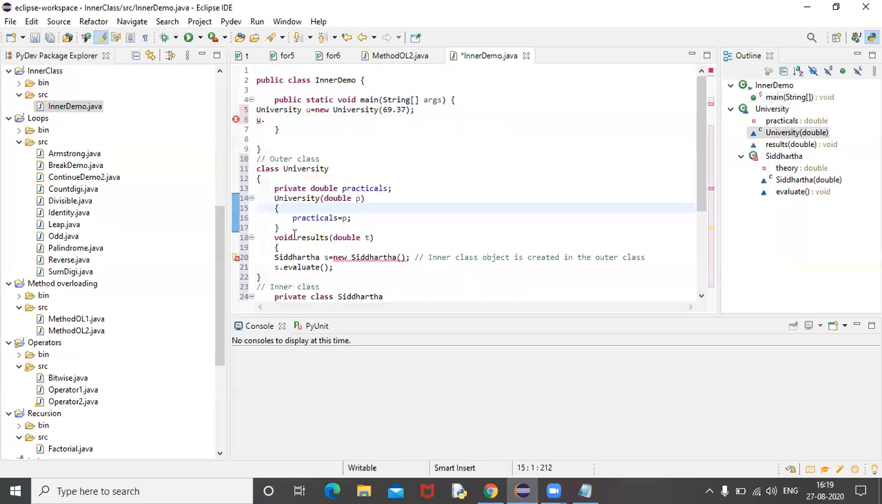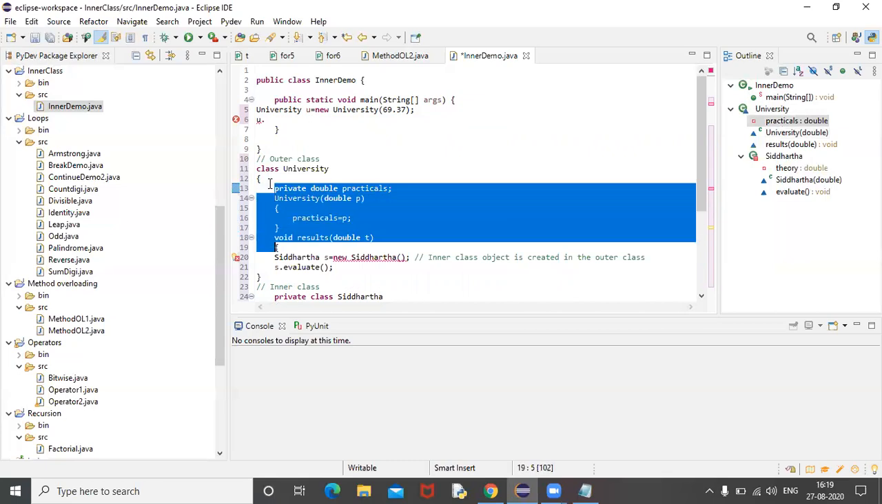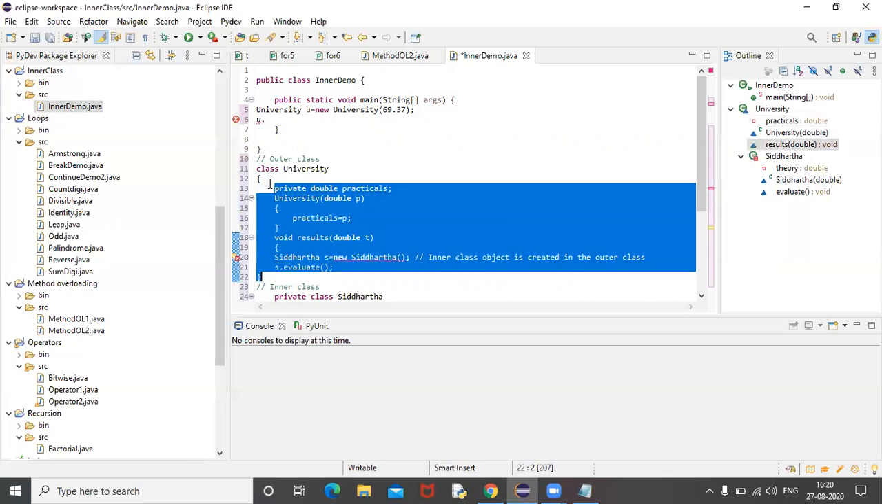This I can't, it is a non-static method. See, in the university class, only two things are there. One is the parameterized constructor. The other one is the results method. These two we have to invoke. That is our job now, somewhere from outside the class, not the outer class. This is a separate, different class, na? Inner demo is. So u dot